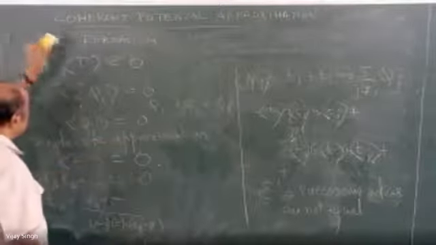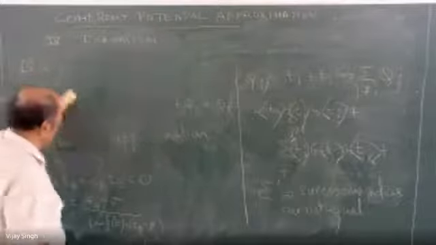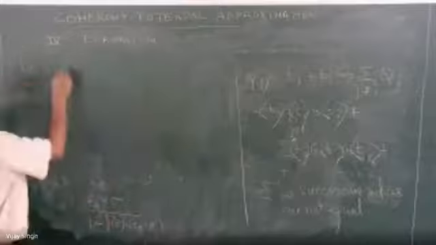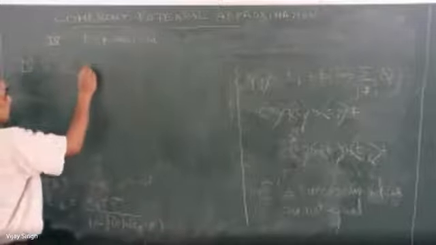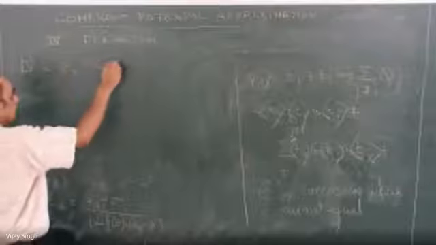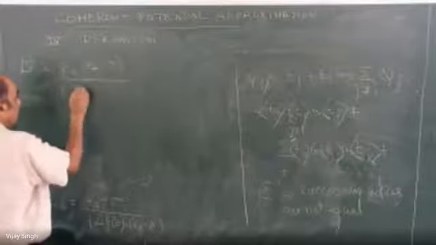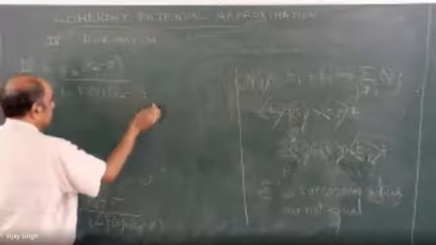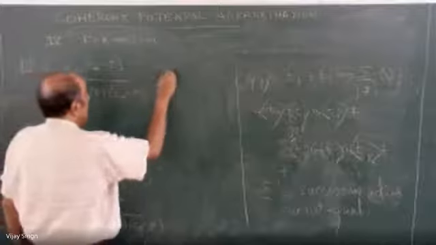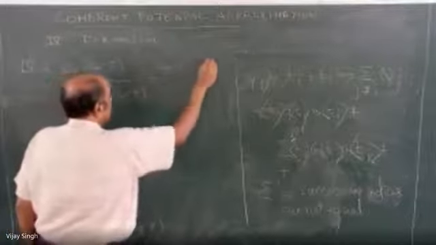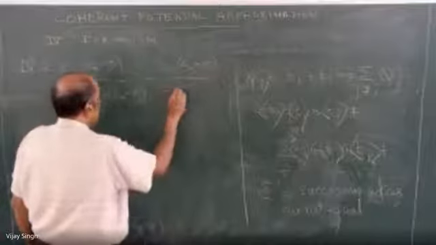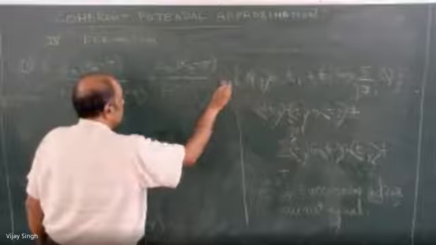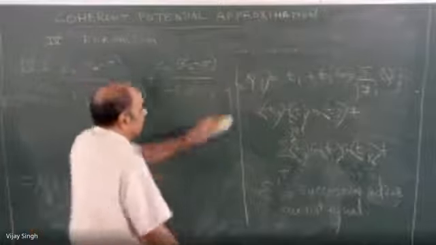So the CPA equation, coherent potential approximation, is simply CA times epsilon A minus sigma over 1 minus f of z times epsilon A minus sigma, plus CB times epsilon d minus sigma over 1 minus f of z times epsilon d. That plus this must be equal to